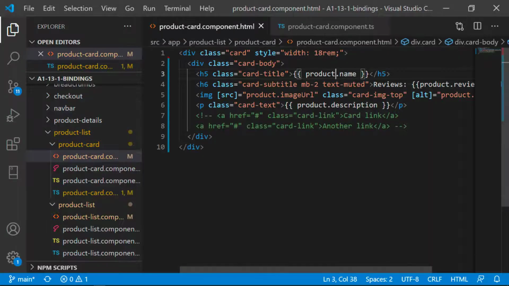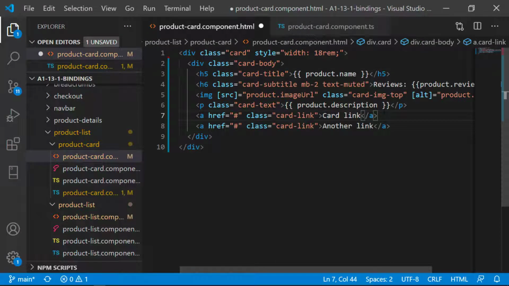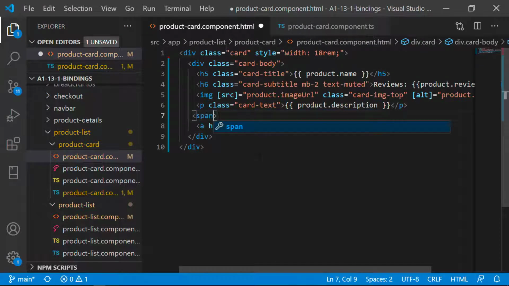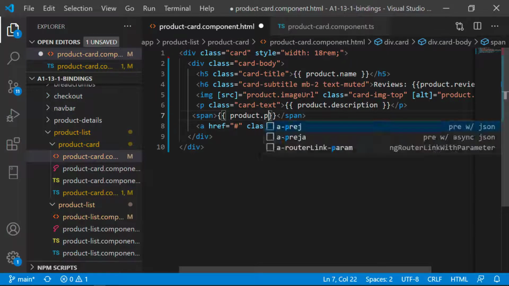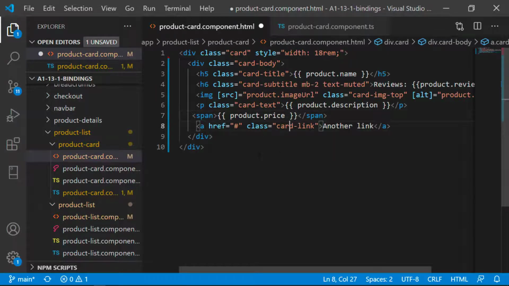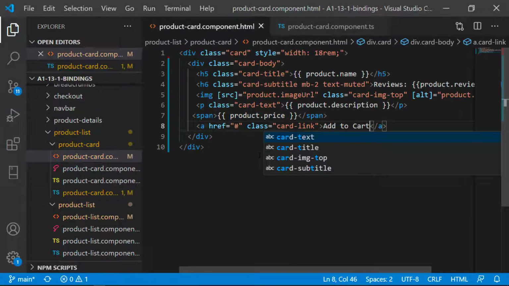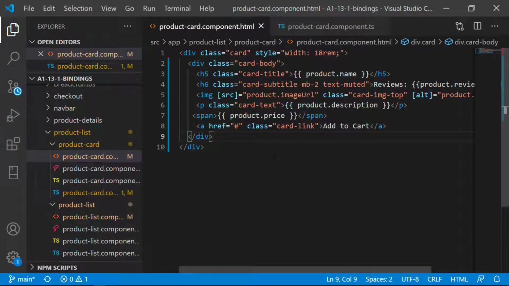Let's navigate back to the product card component. I'm going to uncomment this now. Let's show a span that contains a one-way binding of product price, and there will be a button which we will say Add to cart. Save it and let's see what happens.